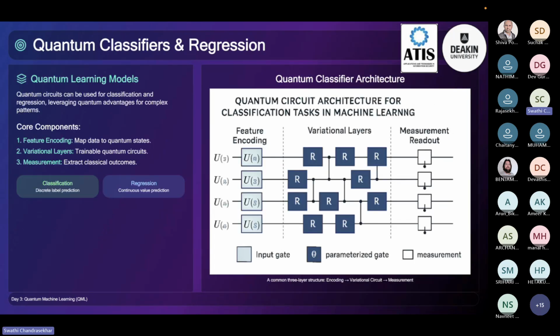Okay, coming to quantum classifiers and regression. The structure is very similar to what we've already seen, but now we explicitly separate it into three different stages. Firstly, feature encoding. First, we take our input X. This could be a transaction, patient information, an email, or a house if you're predicting its price, or something like that. And we encode it into a quantum state using one of the methods from earlier, amplitude encoding, angle encoding,